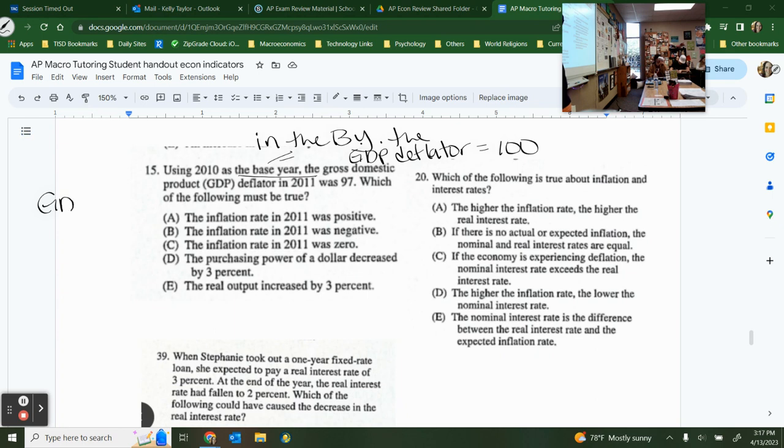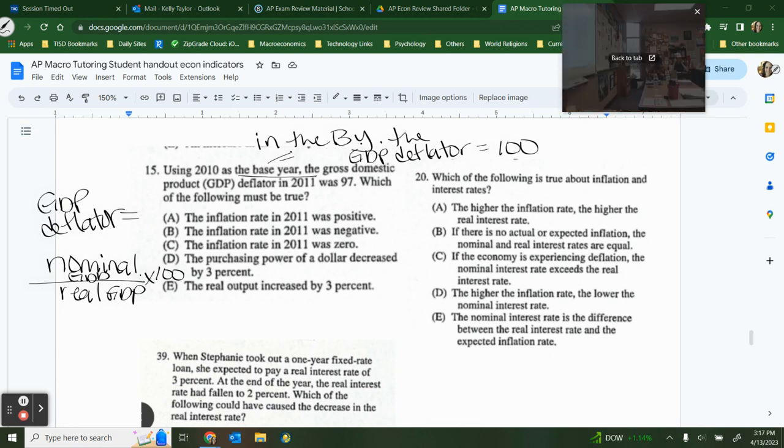Okay, the GDP deflator equation is equal to... No, not using CPI, not using real or nominal, but using market-based. Oh, I'm thinking of CPI, aren't I? Yeah, I am. Okay, then yeah, let's do real/nominal. Nominal GDP divided by real GDP times 100. And the reason that the GDP deflator is going to be 100 in the base year, because